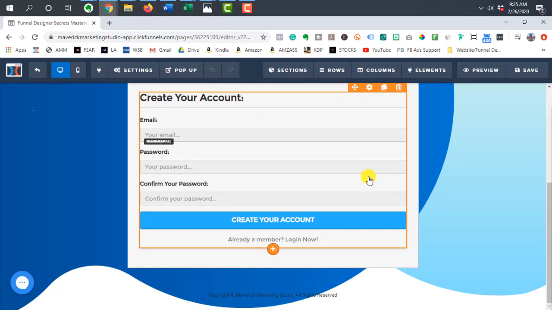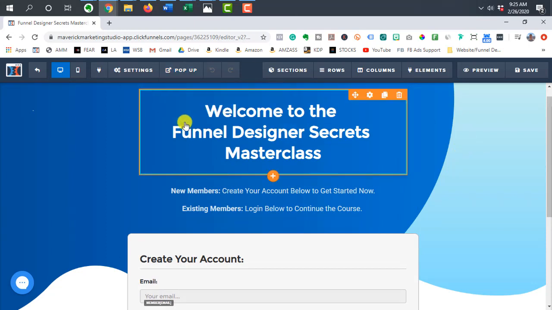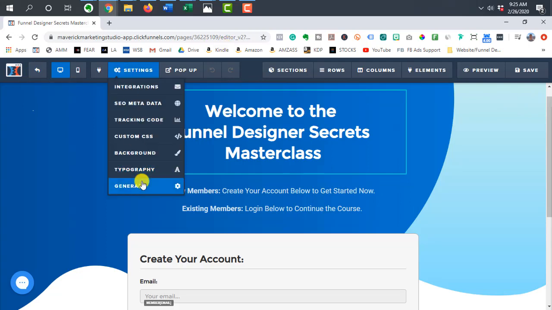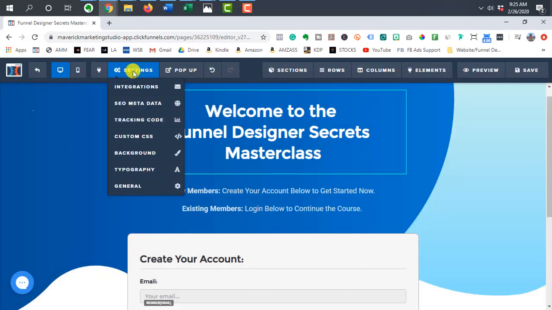All right, so the membership login is very basic. I don't really recommend doing anything too fancy with this. You can put a logo here and put in your brand colors, maybe a nice background, but keep it simple for the login page. Just go into your general here, make sure everything looks good. If you want to hide your affiliate badge, or hide this from the search engines, you can do so here. You can change the background